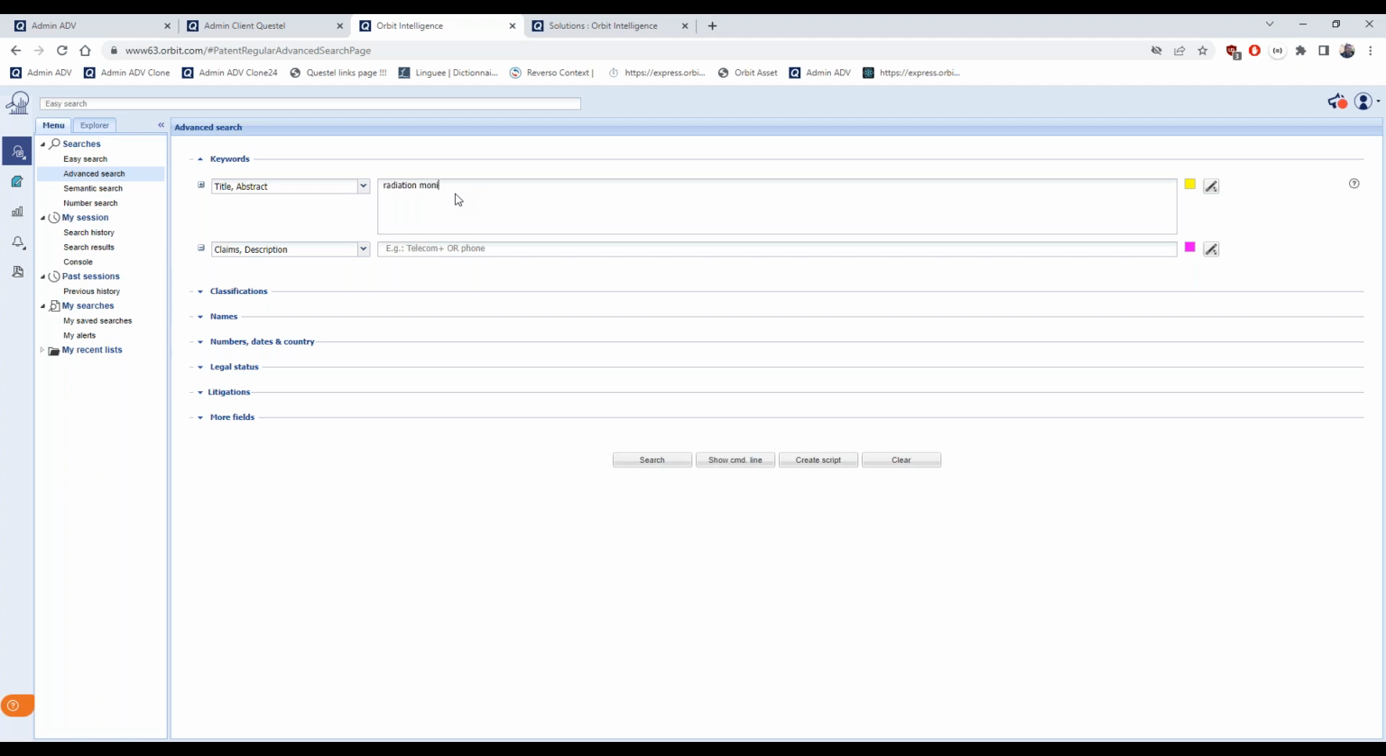Before starting the search, maybe if somebody has interesting topics where we can focus with advanced search, please feel free to put it here in the questions section, so we can run a case study from some keywords that you are interested in to see the results. Anyway, let's start with my example, radiation monitor. If I run the search,